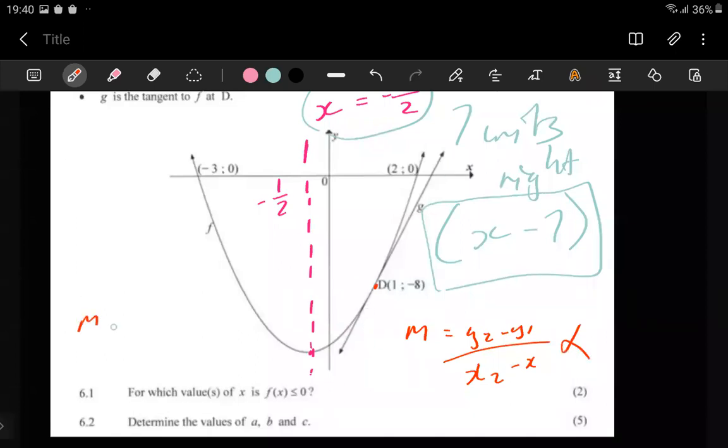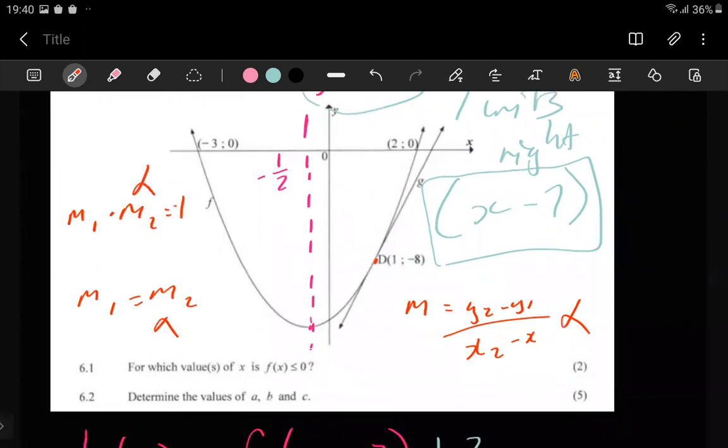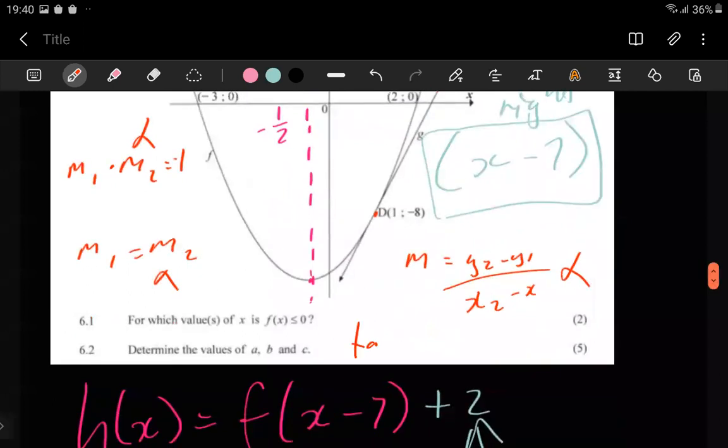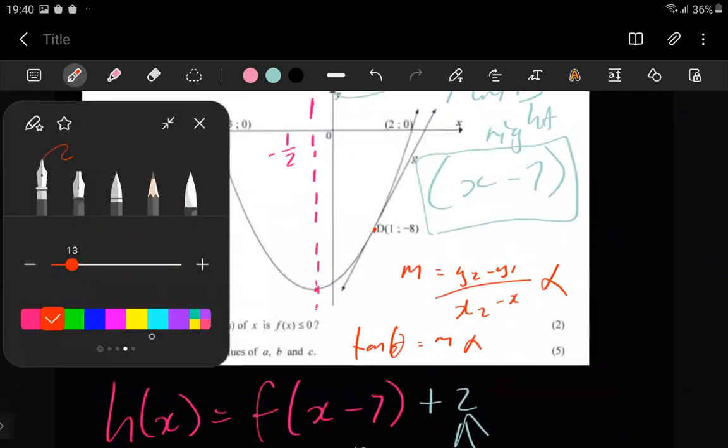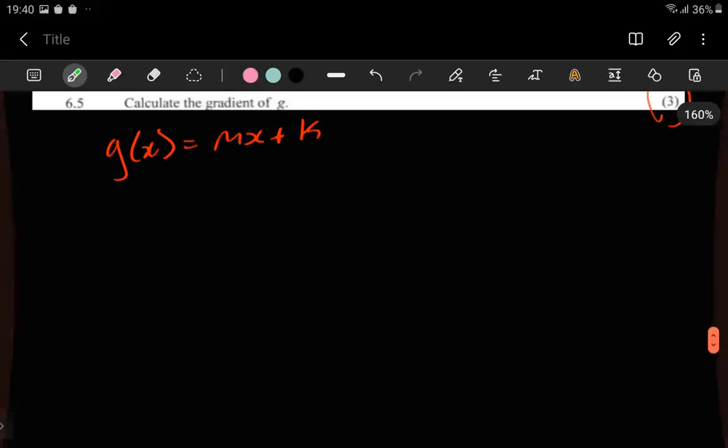Furthermore, we don't have any line that it is parallel to, so this formula is useless. We also don't have any line that it is perpendicular to, so this formula is also useless. And we don't have an angle of inclination, so this formula is also useless. As long as you see that all these formulas are useless, you need to think of the first derivative. You need to think of a differentiated equation, because remember, the first